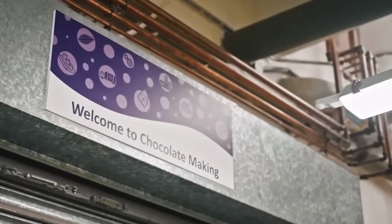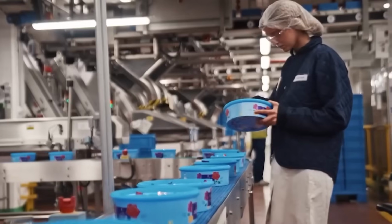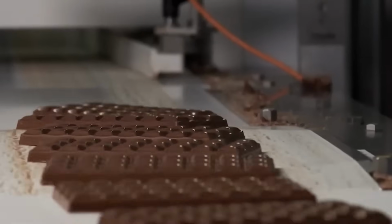In the end, every Cadbury Dairy Milk bar is a result of over a century of refinement, rooted in British chocolate-making tradition, but carried out in some of the most sophisticated food production environments in the world. From fresh milk and raw cocoa to the purple-wrapped bar, every step reflects a balance of nostalgia and precision, heritage